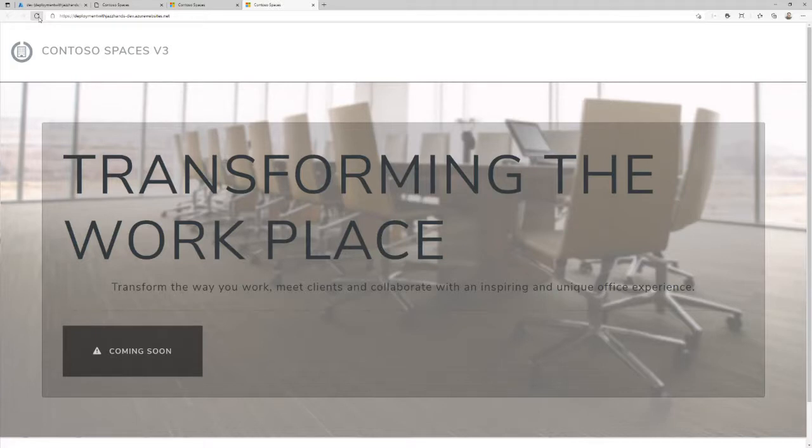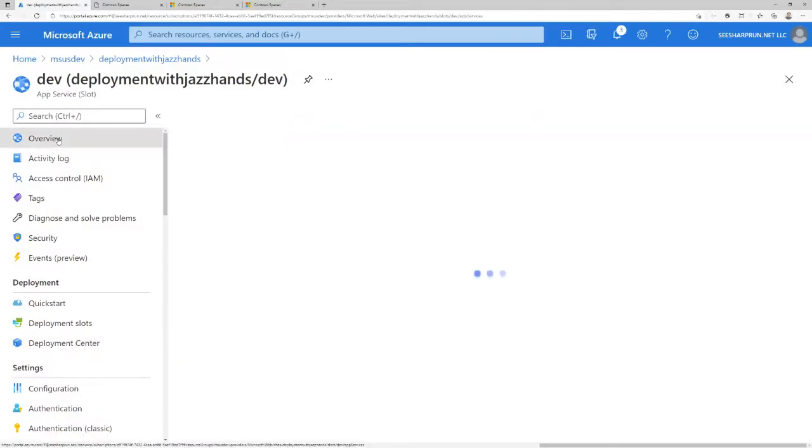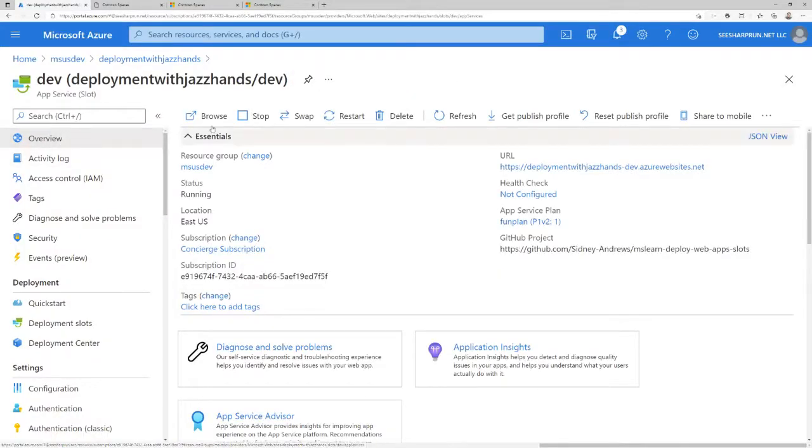Awesome, right? And somebody says, hey, how do you access these different slots in the browser? There were two answers. You can either go to the overview option in the resource menu and select browse, or the URL for your slots is always going to be the same URL for your website with a hyphen and the name of the slot. So our website for this demo, and I'm going to delete this right after we're done with this webinar,